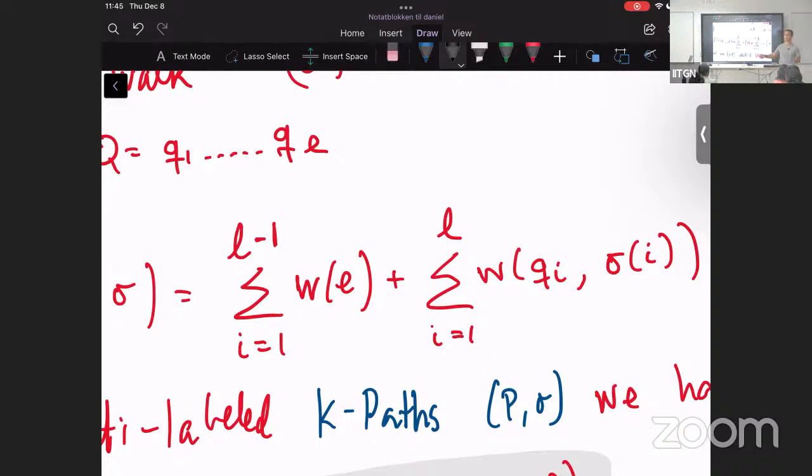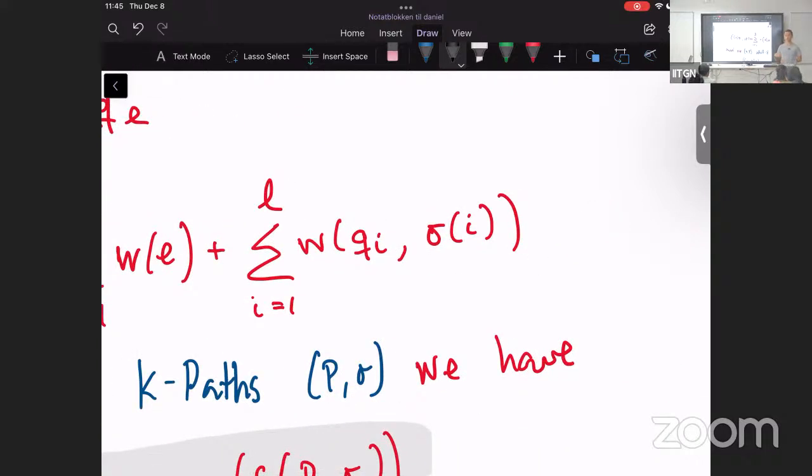Because you're summing over all positions in the walk. And here again, you're summing over all positions in the walk of the vertex label pair at that position. So the weight of a walk is the weight of its elements with multiplicity now, but for a path, it still ends up being the same as the weight of the set, and that's really the thing that matters. Are you allowed to use edges multiple times? Yes.